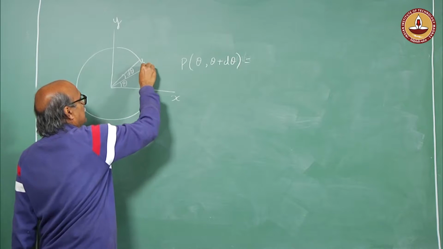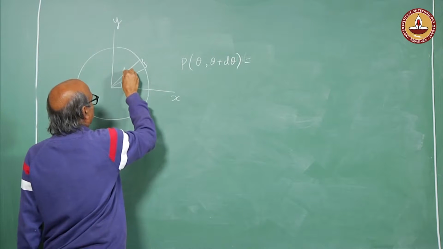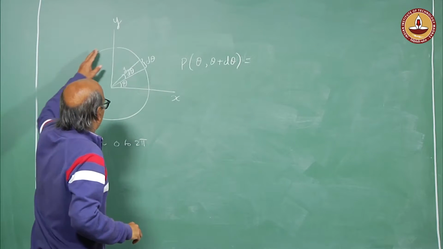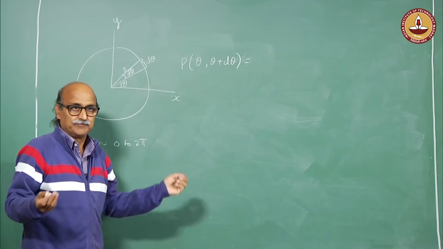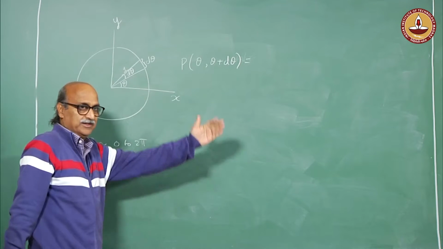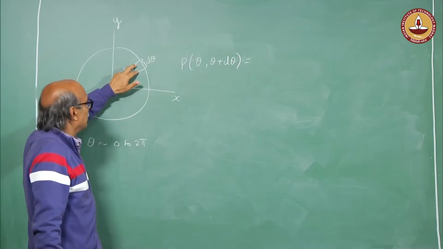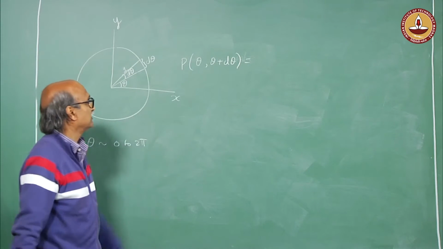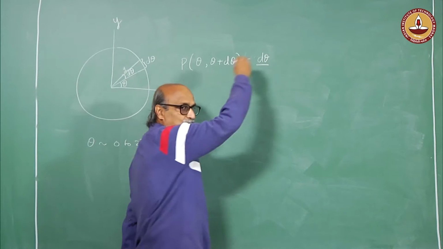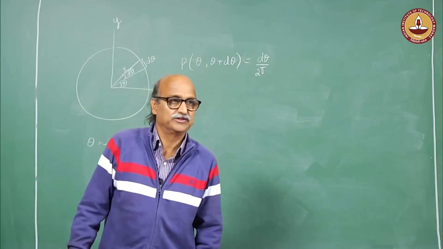determine what is the length of this infinitesimal arc, which is nothing but, I have a circle of unit radius, so this is simply d theta. And what is the perimeter of the circle? It is 2 pi, right, with unit radius. Hence, the probability that an orientation will lie in this particular section between theta and theta plus d theta would simply be the length of that infinitesimal arc divided by the total perimeter of the circle. So, d theta upon 2 pi,